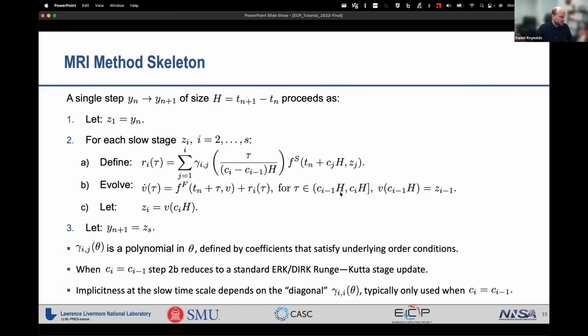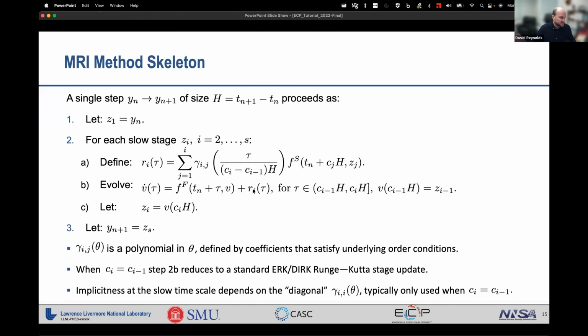And so these C's are typically sorted from lowest to highest, with the initial condition being whatever previous stage solution you had before. After you've solved that fast initial value problem over that subset of the time interval, the result of that is your new stage solution, Zi. And so when you're done with all the stages, your updated time step is your final stage solution. So it feels a little like the Lee-Trotter approach, but it has this forcing term that really helps propagate